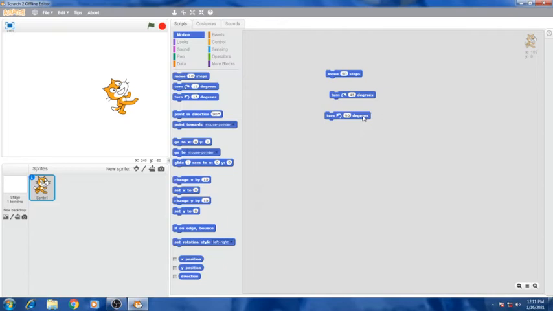And the next one is point in direction. Here you can see the point in direction instruction. If you want, you can choose a specified direction: right, left, up, down. If you want to move in the right direction, you can choose it and click it. Then it moves to the right, 90 degrees. And again, if you want up or down, 180 degrees, choose it and click it, then it turns to the down position.